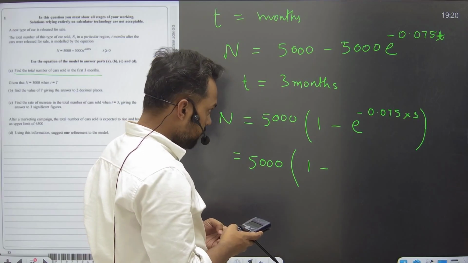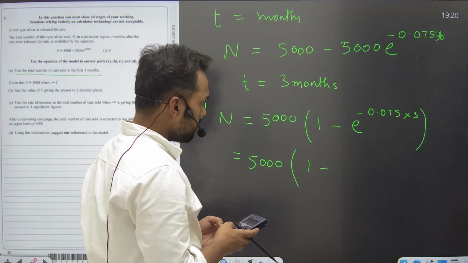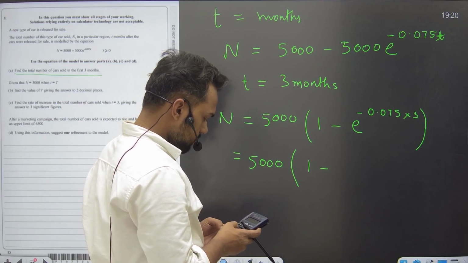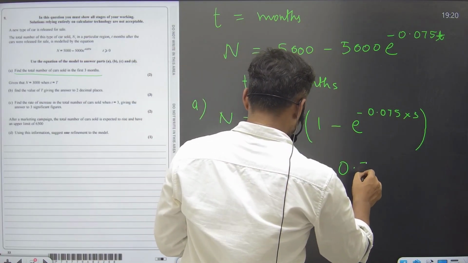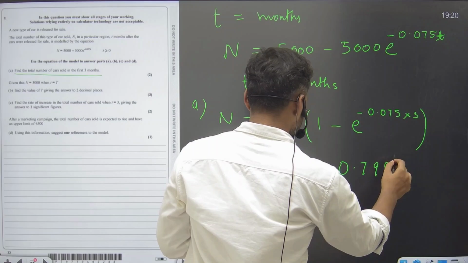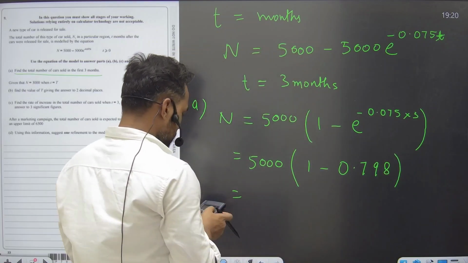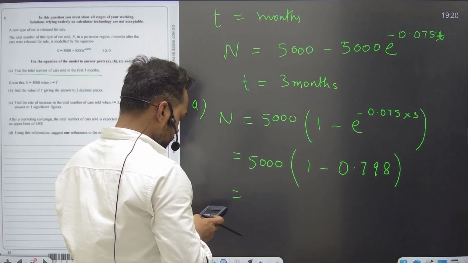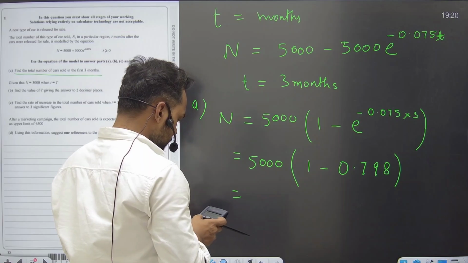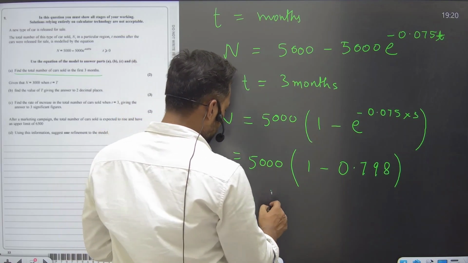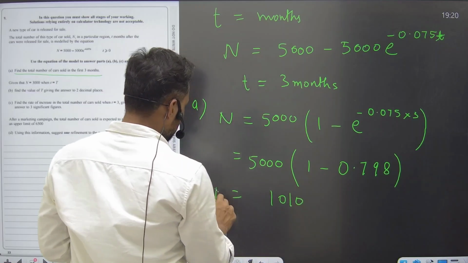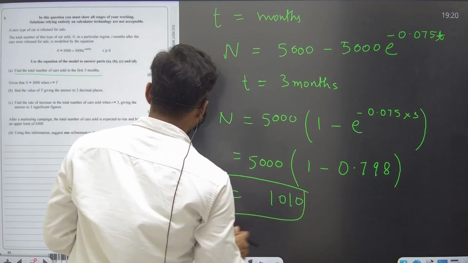I'll do it for you. 0.075 times 3 will be positive 0.798. So on calculating it further, you'll get 5,000 times 1 negative of 0.798, that is equal to 1010. This is the required value of part A,